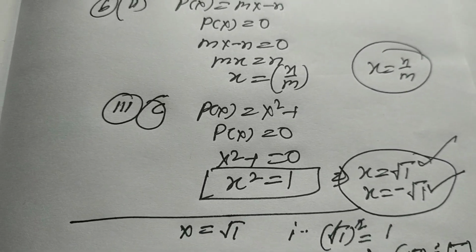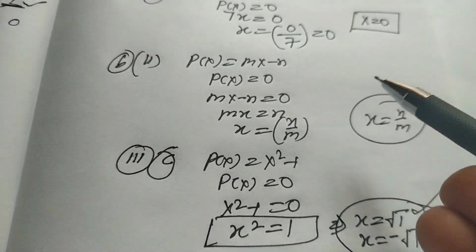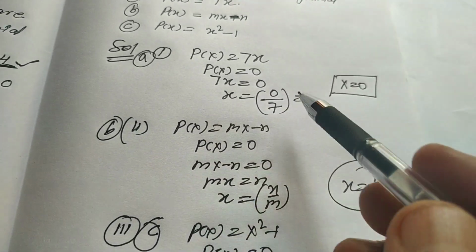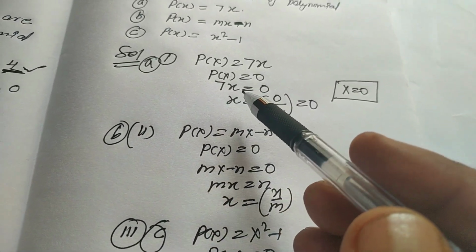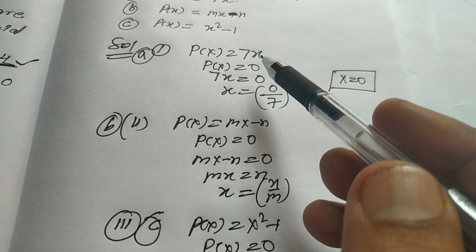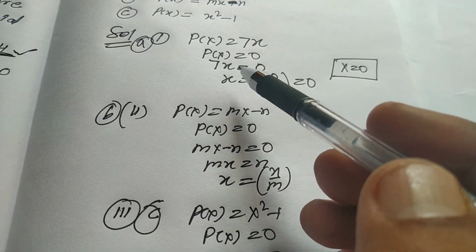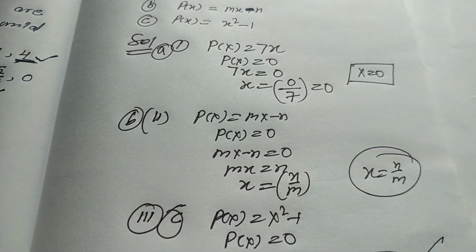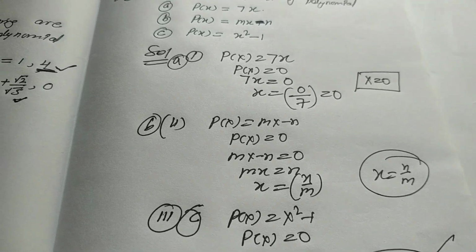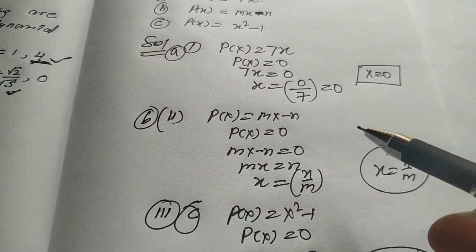We can find out easily, right? First we have to put p(x) is equal to 0, and in the next step, for the right hand value, we have to put this as 0, and x is equal to, we have to find out the value of x, that value of x is